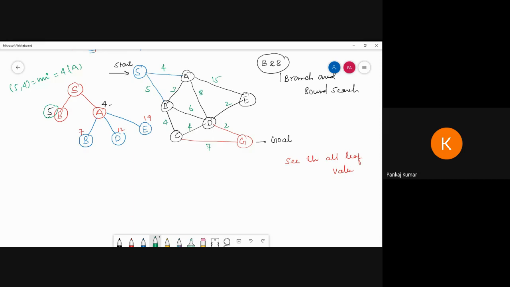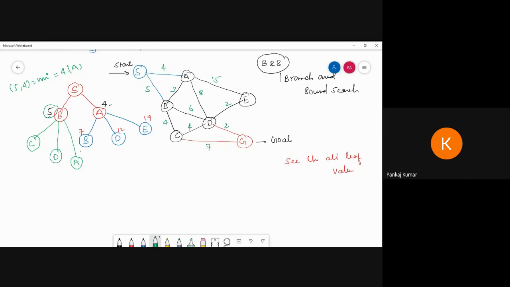So from B, what do we have? From B we can reach C. Then from B we can also go to D, and from B we can also go to A. So I am writing that from B we can also go to A. I am just exploring branch and bound. So I am exploring all the branches of the node, whichever gives the minimum. Don't worry about the repetition of nodes. Then again I calculate the minimum value of the leaf nodes, then again I explore.